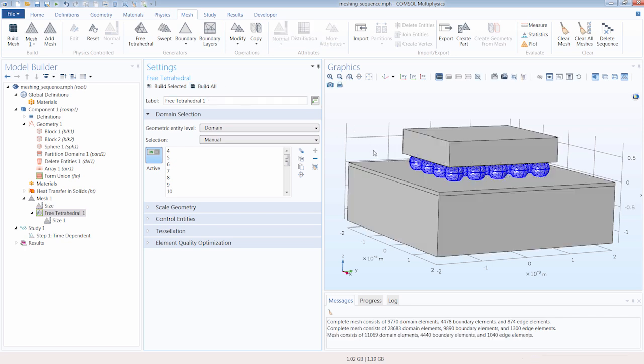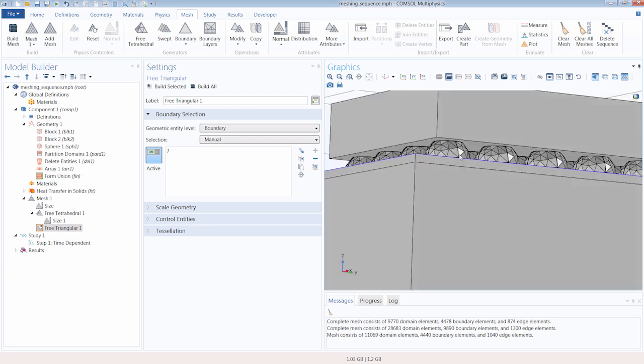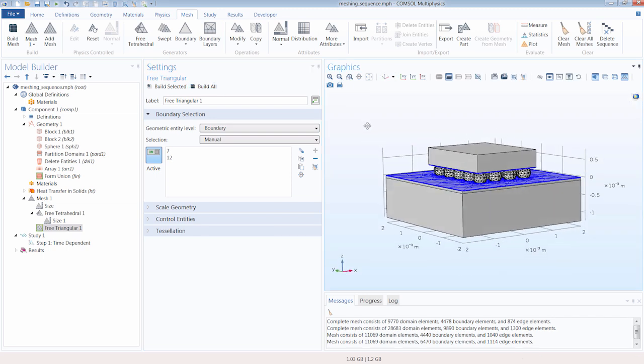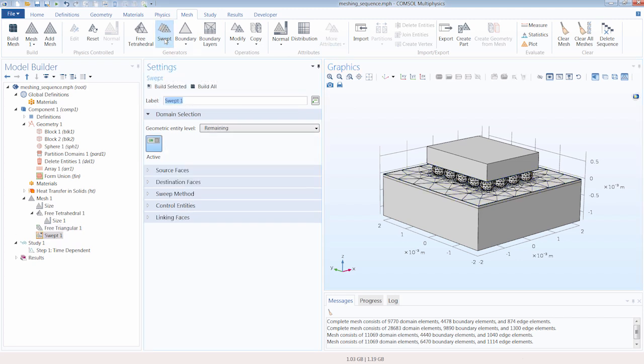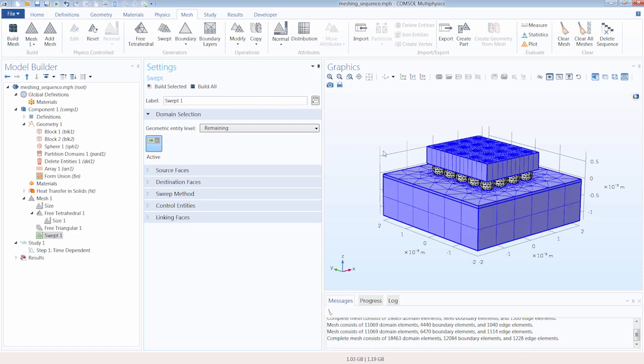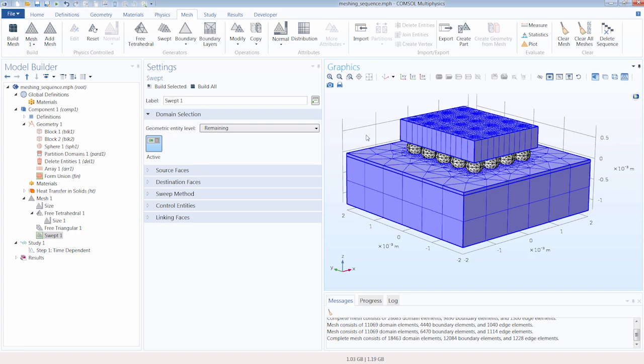So now we can go ahead and add a surface triangular mesh to the top of the circuit board as well as the bottom of the chip and build that. So now that we've done that, we can go ahead and add a swept mesh. At this point, all we have to do is click Build All, and you can see that the meshing was swept through those respective domains,